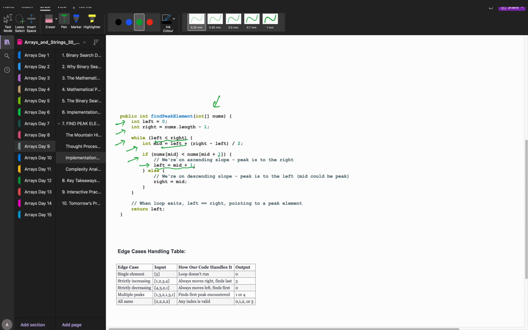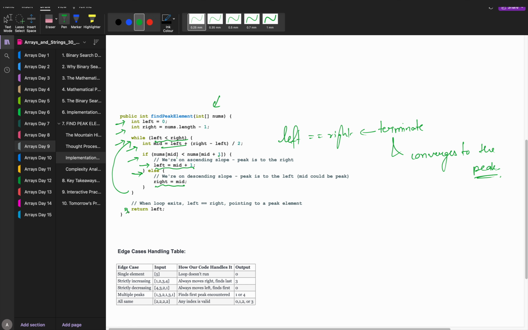By doing what? Left equals mid plus 1, because mid and mid plus 1 both items I know about. But else it's descending, so I know about mid only, not previous to mid. That's why I will put my right boundary to mid only, nothing else. That's how it is happening, and we'll keep doing this till it converges to one item, meaning left equals right. Then it will terminate and converge to the peak. That's why when left equals right, it is terminated and converges to the peak.